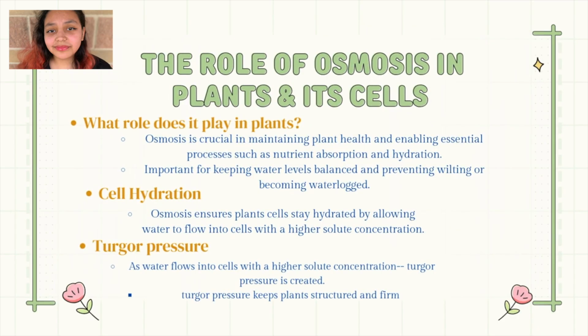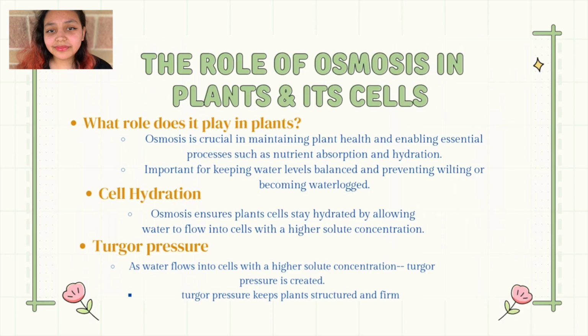The role of osmosis in plants and its cells. What role does it play in plants? Osmosis is crucial in maintaining plant health and enabling essential processes such as nutrient absorption and hydration. Within hydration, osmosis ensures plants stay hydrated by allowing water to flow into cells with a higher solute concentration. Going back to the role it plays in plants, it's also important for keeping water levels balanced and preventing